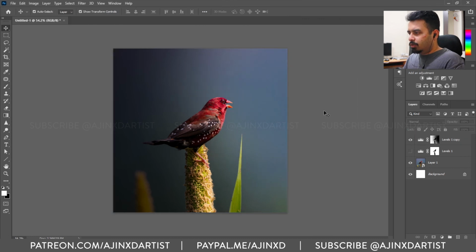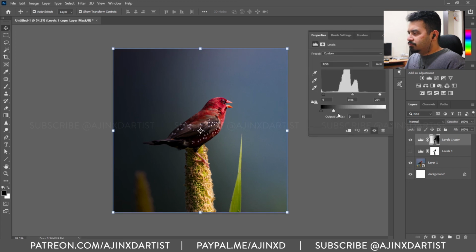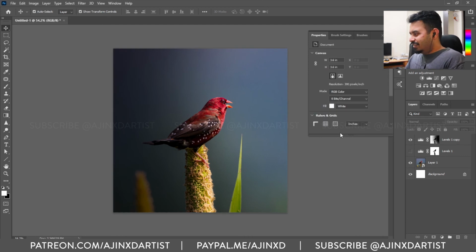And if you remember, originally what I had said is we can go back to the levels and increase the shadows as we like. So if you feel that the image can be darker, then you can push the whites output levels even lower. I feel somewhere over here it looks pretty good and natural.